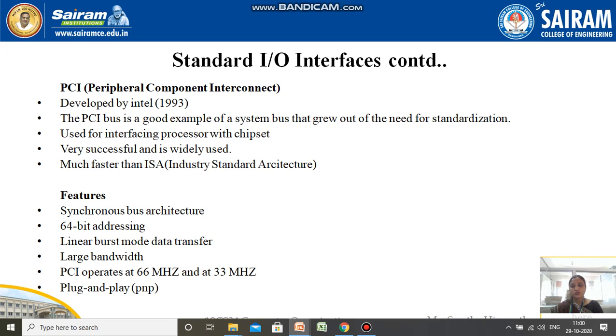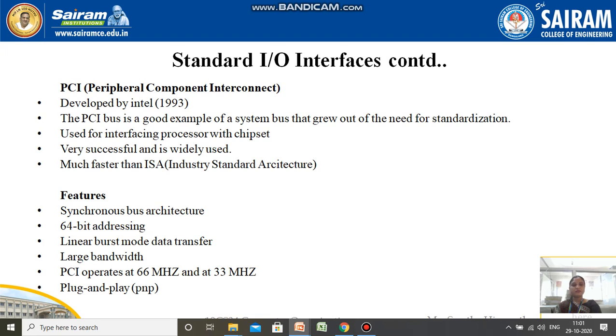So what are the features of this PCI bus? It implements the synchronous bus architecture. Synchronous bus architecture means it follows timing signals, and a clock will be maintained, and only during that clock period the data transfer and communication between the devices has to happen. It also has a 64-bit addressing scheme, and whatever data is transferred from the IO device to the processor over this PCI bus will be transferred in a linear burst mode.